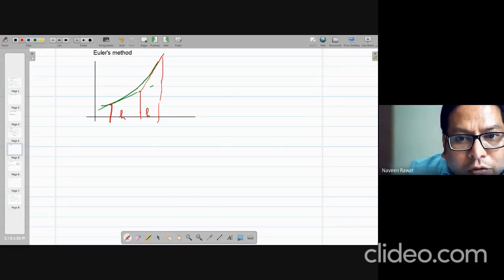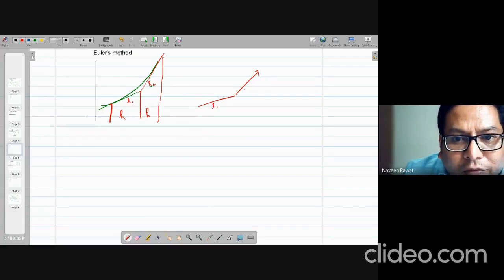Now, one way to do it: these are the two lines, right? This is line 1 and this is line 2, so you have one vector here, one vector here.